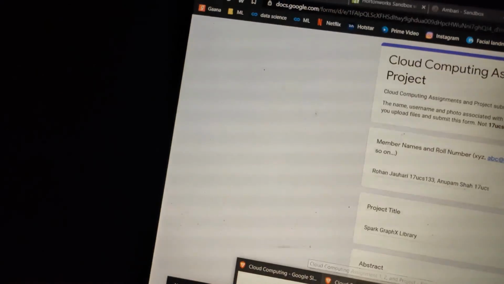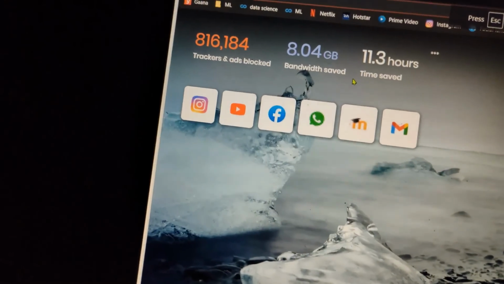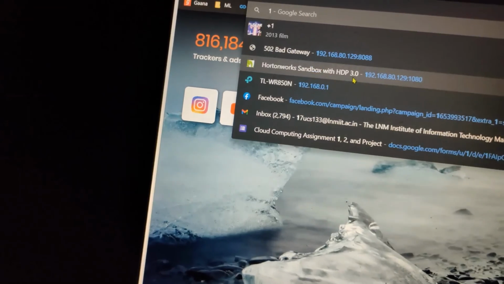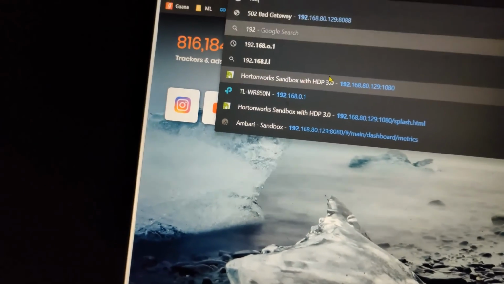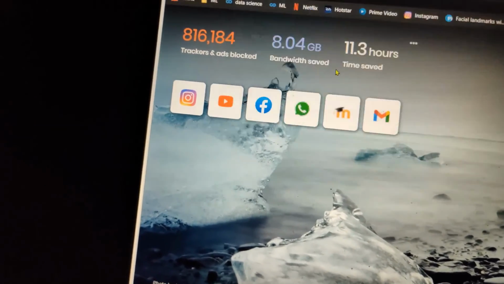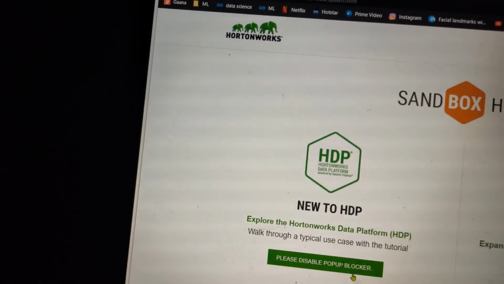The endpoints that are exposed are here. This is the welcome page of the Hortonworks Sandbox. This is Ambari, as discussed earlier.